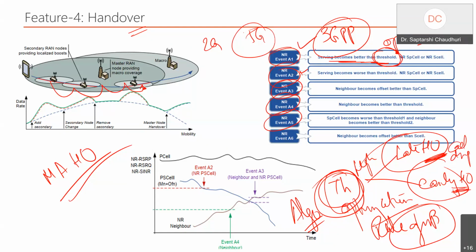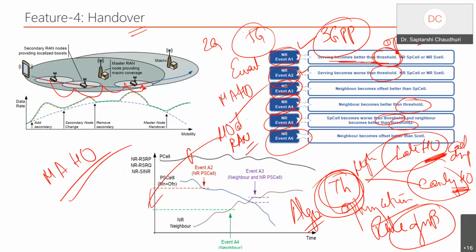So this is what we call an event-based handover, and that is what we call a MAHO. And it's all based on this threshold. So this threshold optimization is very, very important, and we have to take care of it. Based on this threshold, we devise the handover algorithm, and that happens in the RAN. The moment we think it is the right time for him to hand over, we give the handover command back from the base station or the RAN to the UE.